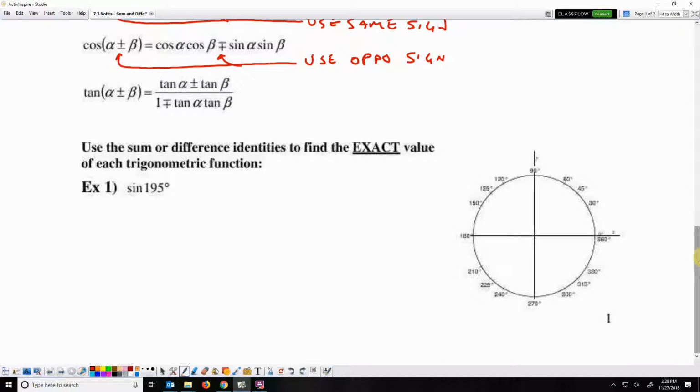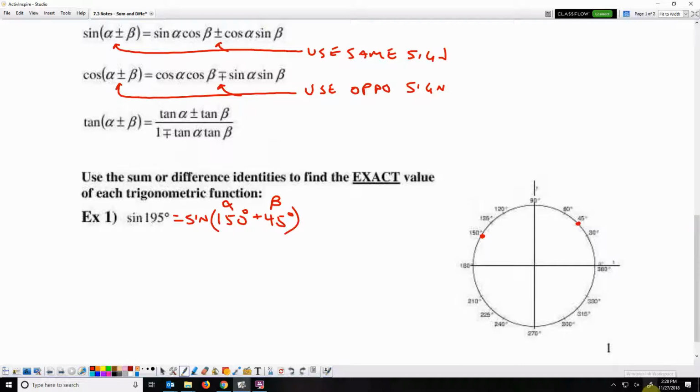So sine 195. I want an exact value, but on my unit circle, I do not have a 195. But for example, if I add 150 and 45, that makes 195. So this is the same as sine of 150 plus 45. So that would make 150 my alpha and 45 my beta. Okay, so sine of 150 plus 45